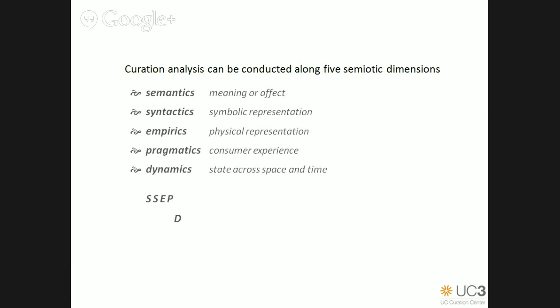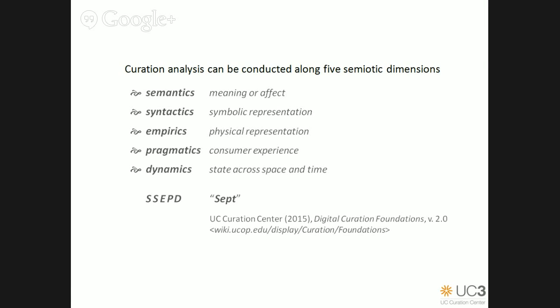Incidentally, the internal name, sept, that we use for our modeling effort comes from the approximate phonetic pronunciation of the acronym formed by those 5 semiotic dimensions. And in a bit of serendipity, it turns out that sept also is a genealogical term, somewhat obscure, but used to refer to a group or subgrouping of a Scottish clan or family. So it actually seems to be quite apropos for a modeling effort that is looking at the decomposition of digital content and the relationships between the various decompositional layers.